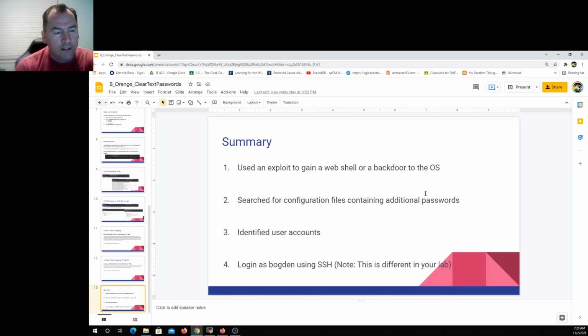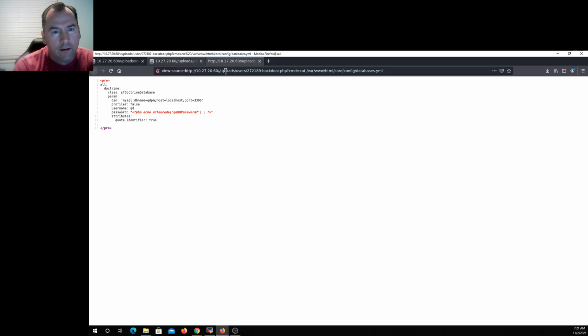So to summarize, we used an exploit to gain a web shell or a backdoor to the operating system. We searched for configuration files that contained additional passwords. We identified user accounts by looking in the web application. And actually, I don't think I did that. So if we went back